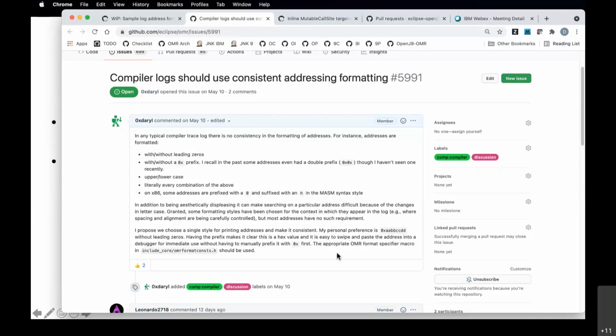This is not the first time that this has happened with the compiler code. I think almost 20 years ago now, maybe 2002, maybe 2003, there was an effort to provide a consistent address format specifier for use throughout the compiler. The challenge there was that we were getting the same problem across different build compilers, and we wanted to have some means of standardizing that. So at that time,